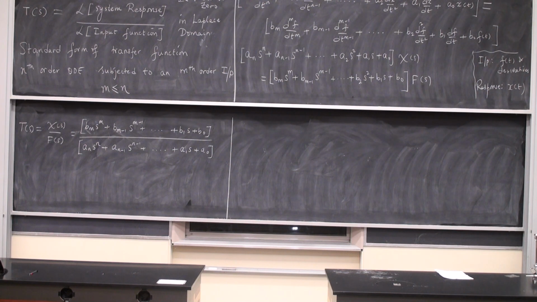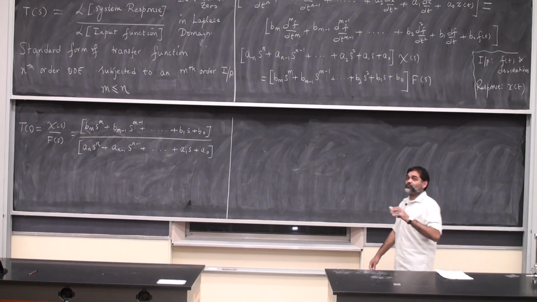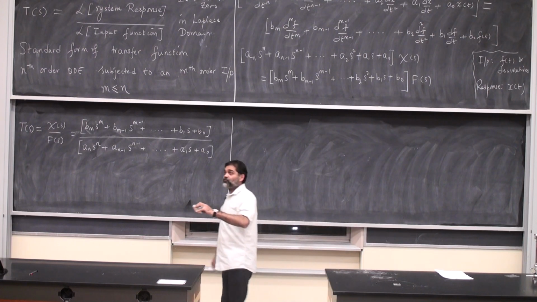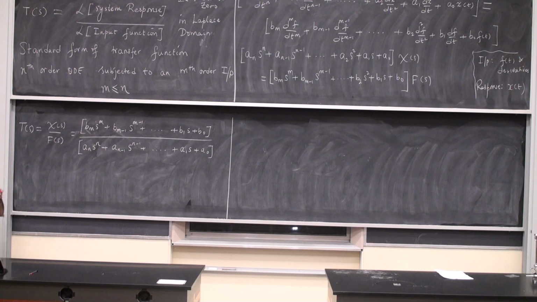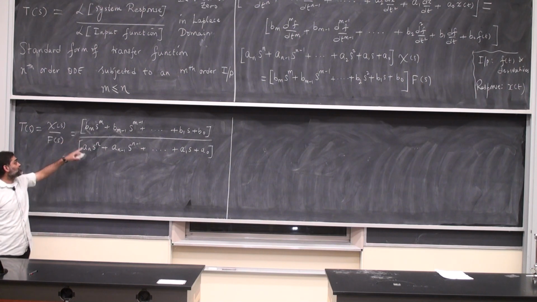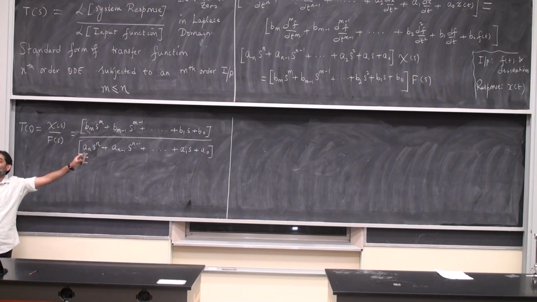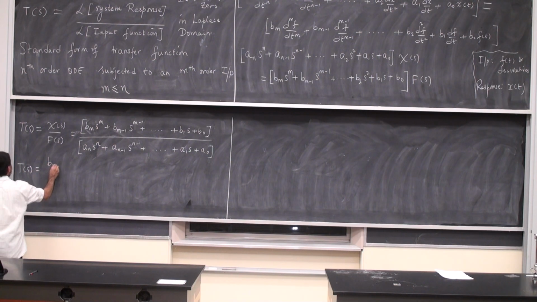This is typically not the form we like to write things because we always want the coefficient of the highest order of s to be 1. Okay, so in the numerator as well as in the denominator, we take this fellow out, we take that fellow out, divide everything through. Okay, so one more step. P of s is Bm, which is the coefficient accompanying the highest order of s in that first polynomial, the numerator polynomial, divided by An,